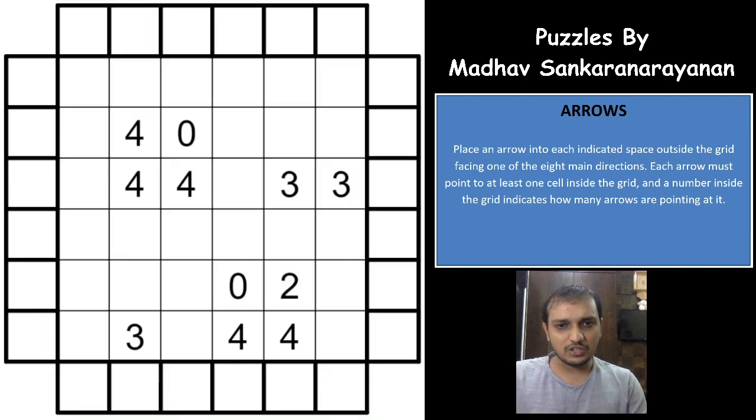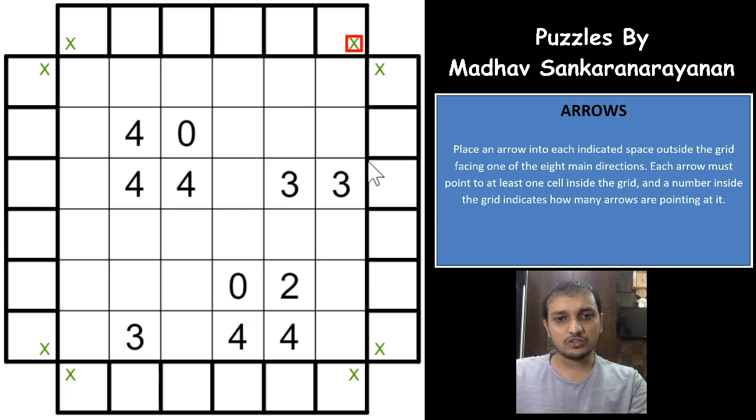Now we'll move on to the third puzzle here, right? The third puzzle seems to have zeros here, so that should help actually. Let us see. So you have crosses here. As usual, we'll mark the crosses first, then we'll mark the crosses for the 0, all the diagonal crosses. This is a cross, this is a cross, okay, this is a cross, and that gives you a cross here.